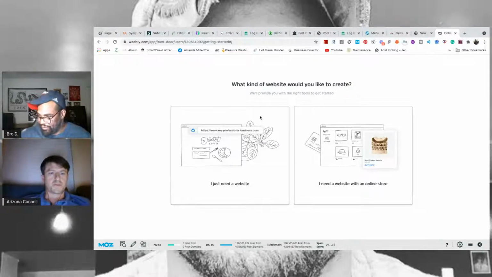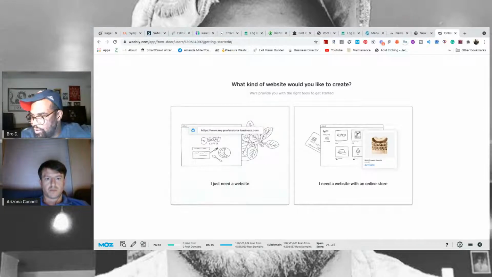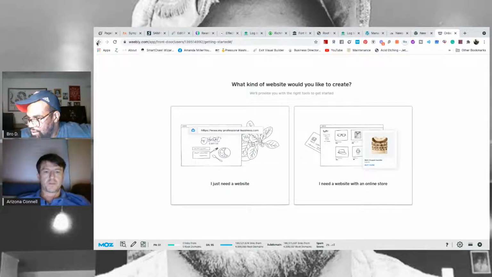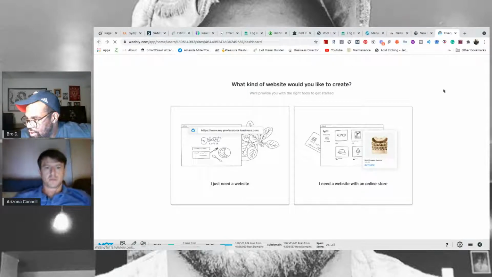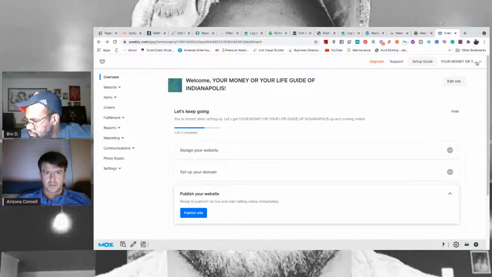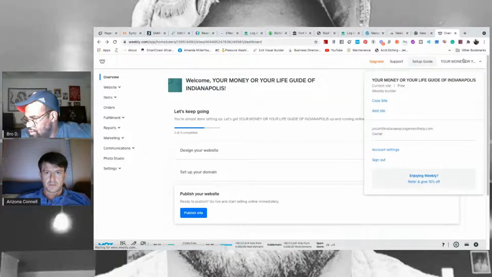So we went to Weebly.com, and when you get to Weebly, on the upper right hand corner, you're going to go to Edit Site, and then click this little down arrow right here, and then we're going to add a new website.